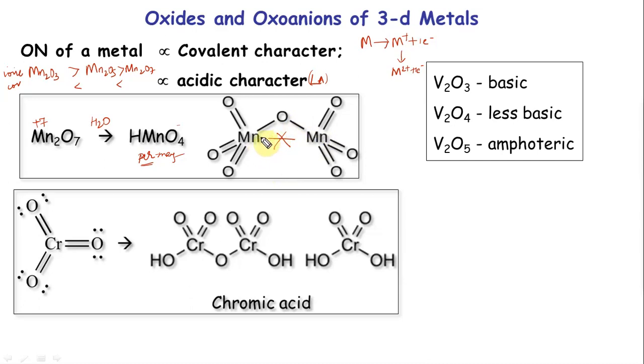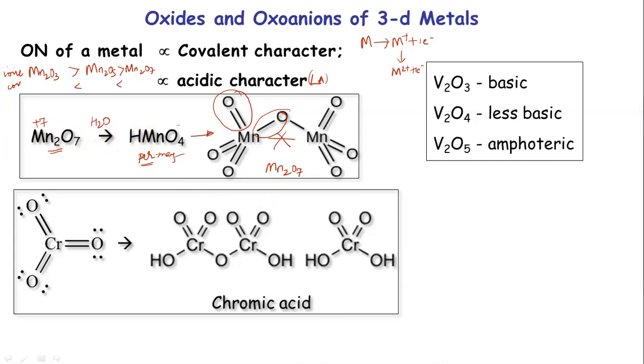And there are two types of metal-oxygen bond. There is this bond and there is this bond. Obviously, this is longer than this one. Correct? Because this is a single bond, this is a double bond. This MnO4 minus can actually give you this Mn2O7 as well. How are these two related?